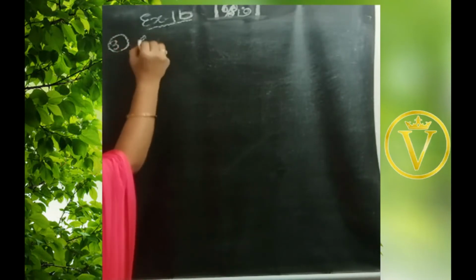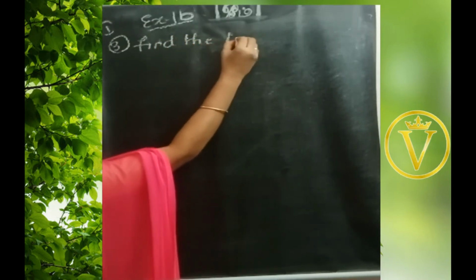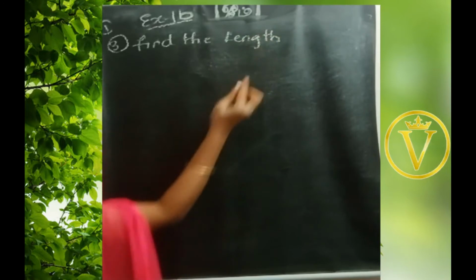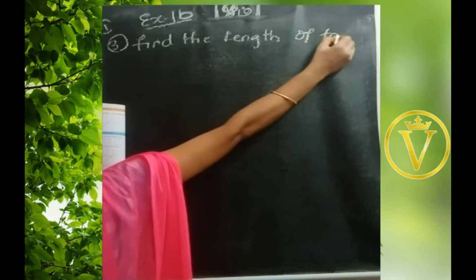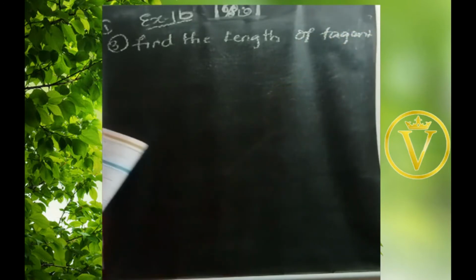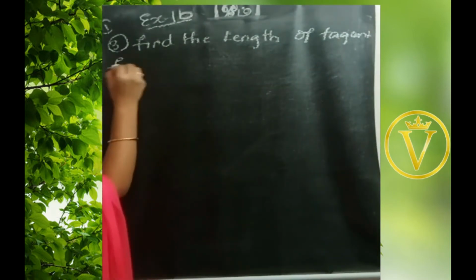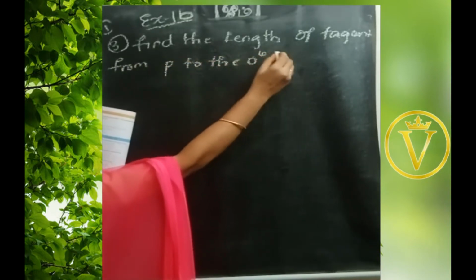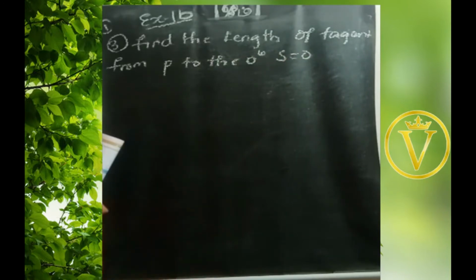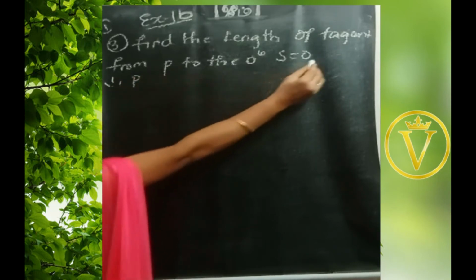That is, this is the first Roman, find the length of tangent from P to the circle S equals 0. So they have given 3 problems. We'll discuss one by one. So first they have given